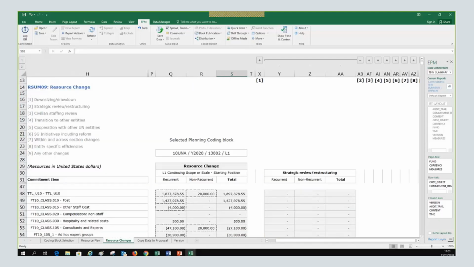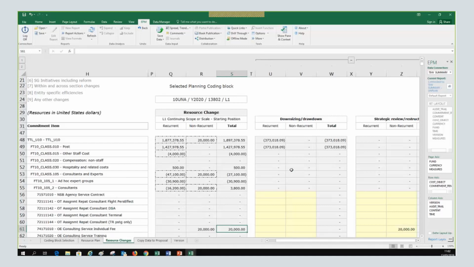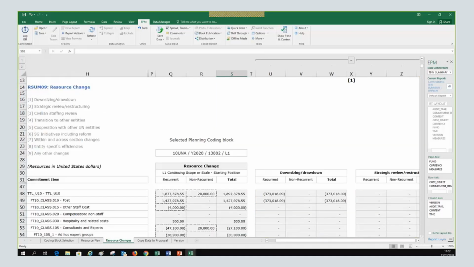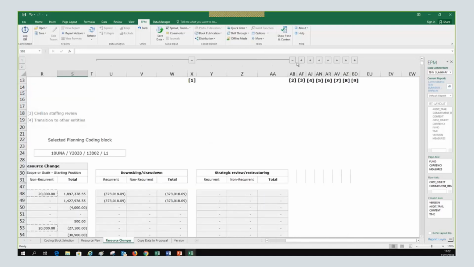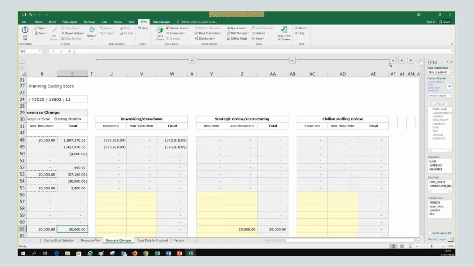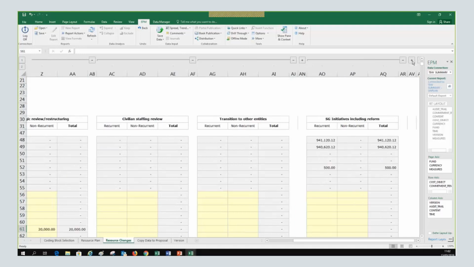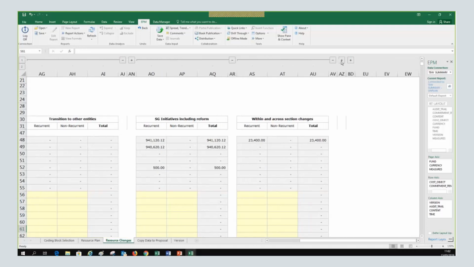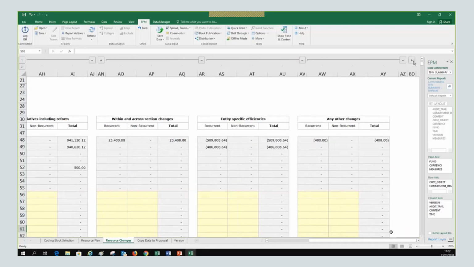So if the changes happen because of downsizing, you will expand downsizing and enter the amount here. Maybe it's easier if I expand all the columns so you see how this works. These columns are hidden because you are not going to use them all, but it helps for understanding.